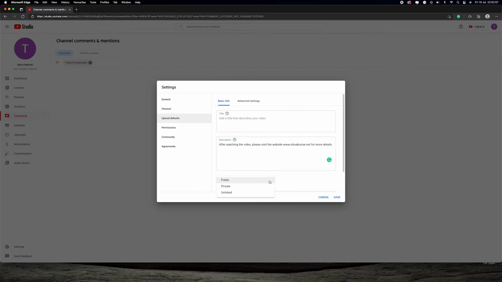The third thing is the visibility. This is the important point. There are three visibility conditions in a YouTube video: public, private, and unlisted. When it comes to public, the video is searchable and can be viewed by anyone, and anyone who comes to your YouTube channel can see this video that you have uploaded and marked as public. But when it comes to private, nobody will be able to see this video, even if they come to this channel, nor if you send a URL to them directly in an email or something like that.